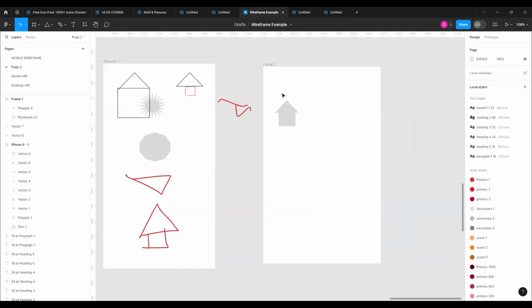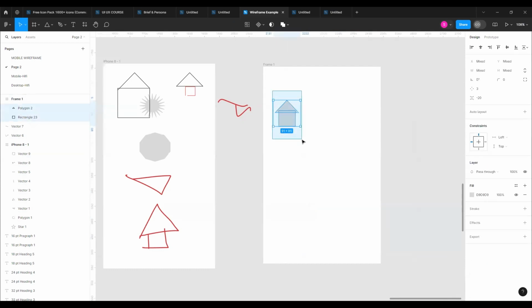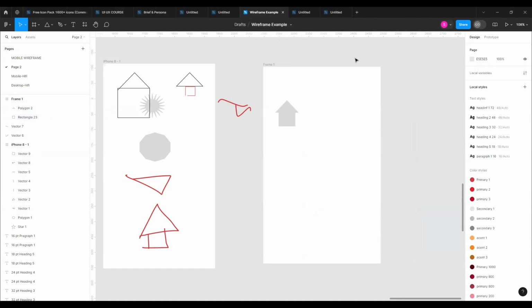Now what we can do is make it a single shape. How can we do this? Now you can see here there are two shapes. If I click here and I click here,